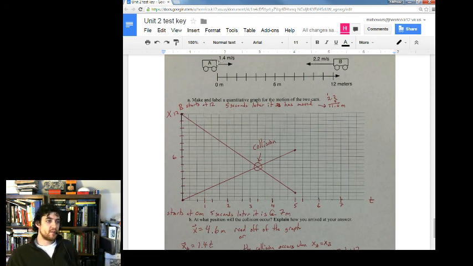So the key points that you need to get are that car A begins down here at position 0, where car B begins out at position 12. Car A is moving to the right, which I've declared to be the positive direction, which is why the slope of the line here is positive. The slope on the position time graph is the velocity. And so I've drawn a line starting at 0, 0, and going up to